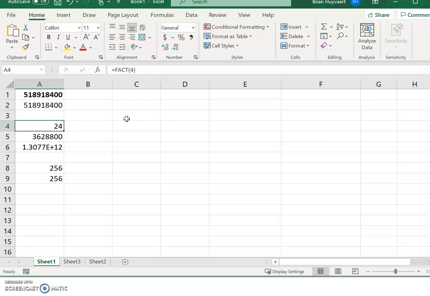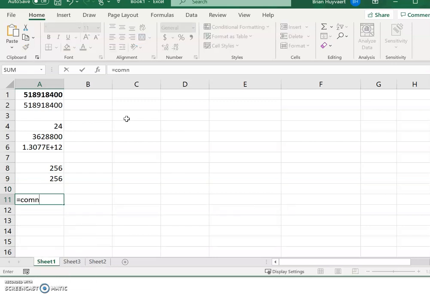And then we looked at factorials, which is just fact. And we looked at multiplying and doing exponents, kind of basic stuff. We went backwards there. So now we're going to do combinations. So equals comb,